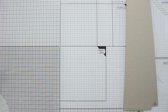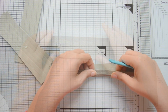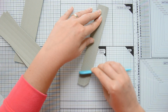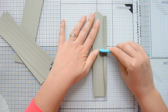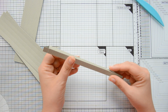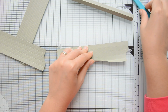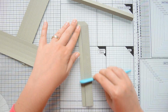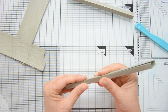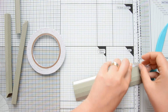The die basically die cuts what you need to create each of the 4 sides you will need on your frame. So you're gonna run your paper through the die cutting machine 4 times in order to get 4 die cut pieces. The pieces will have some score lines and I'm showing you how you can fold your paper on the score lines themselves and then fold it to create your 4 sides of the picture frame. I'm using a score tool to help me fold everything neatly